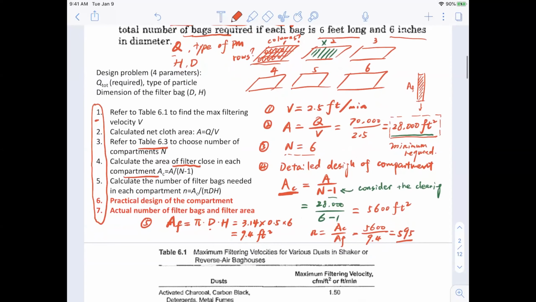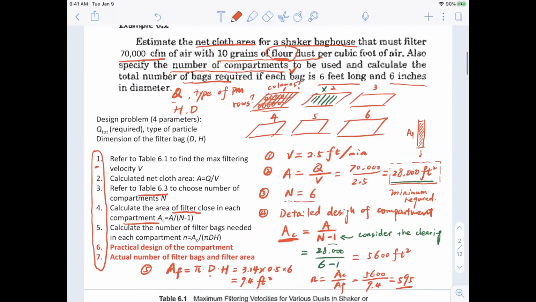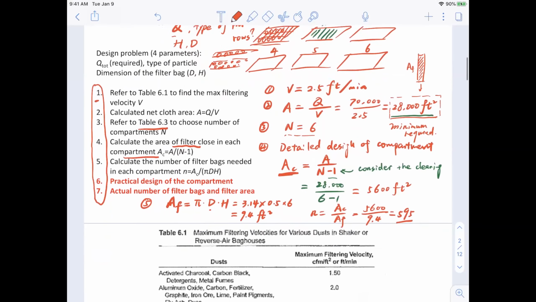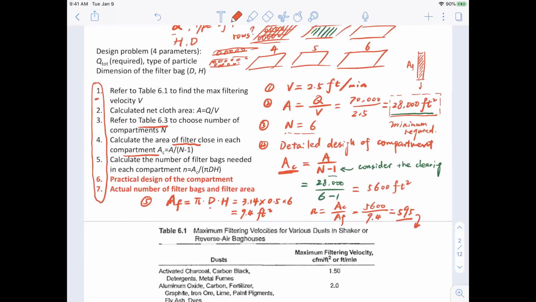And the number we need for each compartment must be a practical number. It cannot be a single line of filter bags, or just 2 rows of filter bags, or a very long column. So it shouldn't stop here. We need to come up with a design of how many rows and how many columns we need,